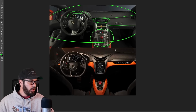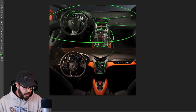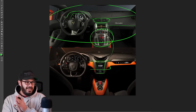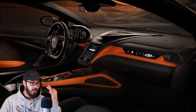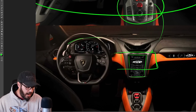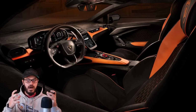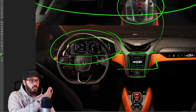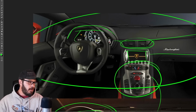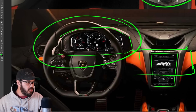of the Aventador. So looking at the new one, we have the 8-inch screen. I really like that they didn't make this into a 14-inch TV-like screen right here. That would totally ruin the interior for me, specifically when you have it in a big V12 Lamborghini. However, looking at the gauge cluster, you can't really see if this is a housing or if this is just a panel, but this is in fact just a screen with some carbon fiber framing to it. Normally, I would rather have a housing like we have in the Aventador. I still prefer to have this deep housing that we have here, but we still have sort of a housing for the new Revuelto interior gauge cluster, because this carbon fiber actually sticks out above this screen, creating some shade